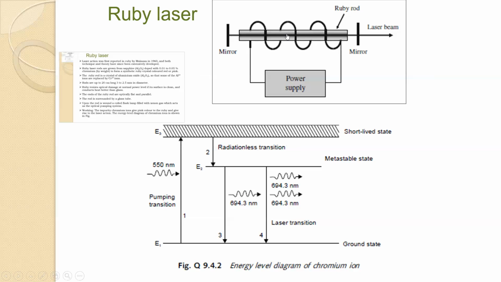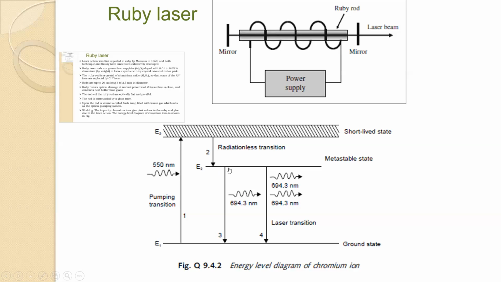Let us consider that photon moves to this mirror or this mirror. If it is moving to this mirror, it is reflecting back. This photon hits here and reflects back. Then it may hit